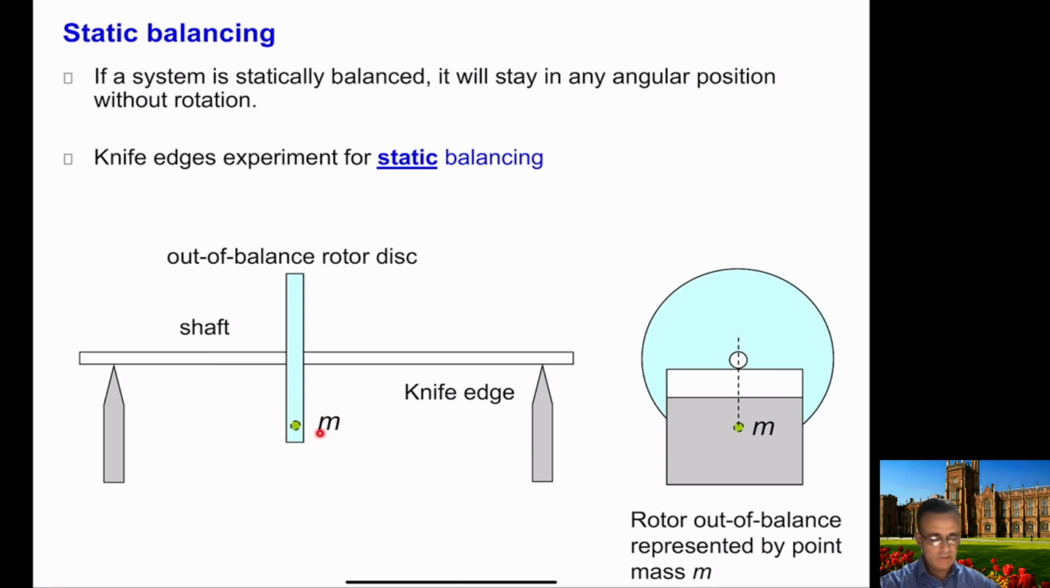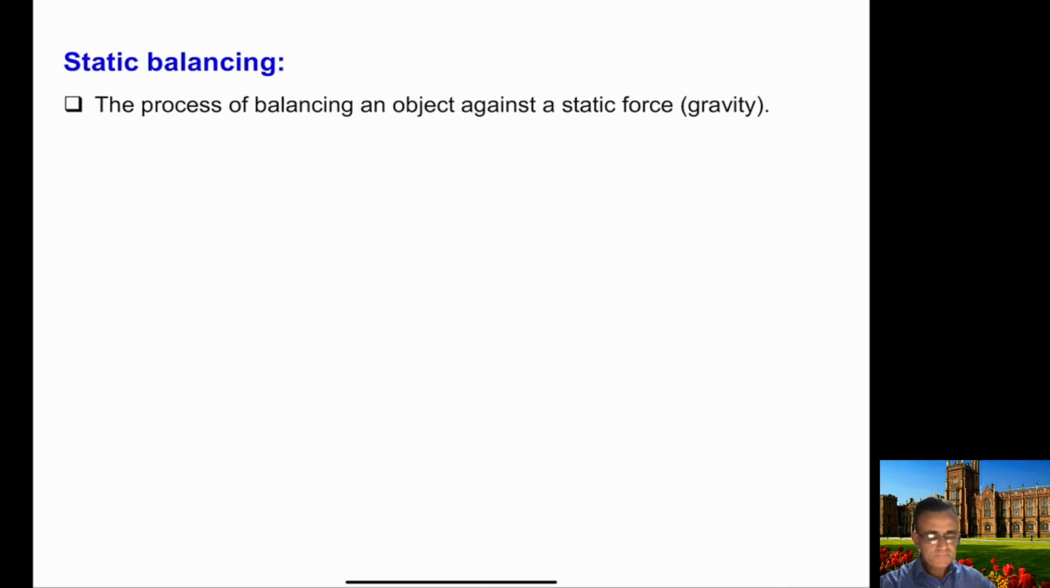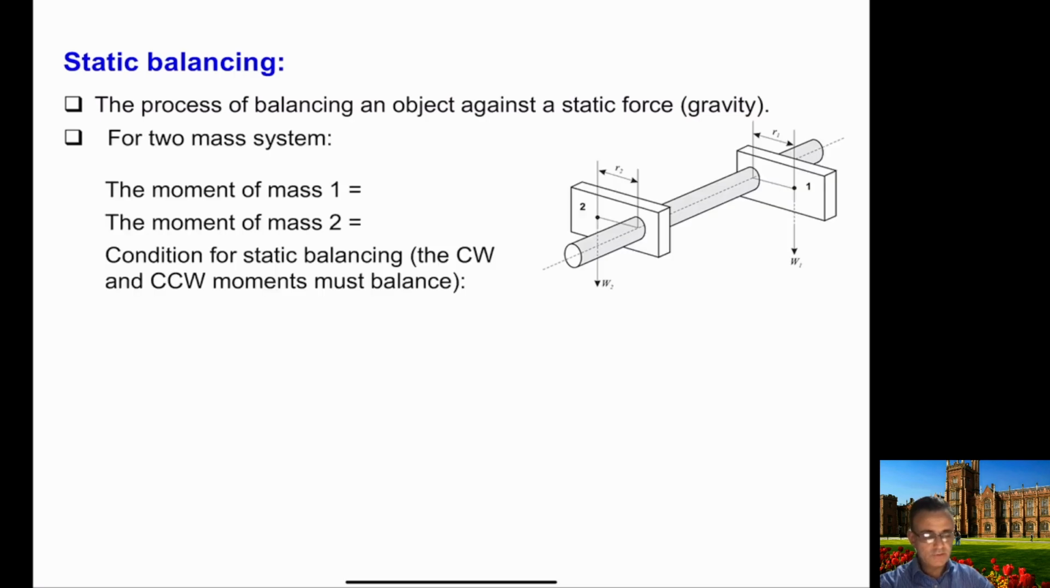If the shaft is balanced, then we will be able to satisfy this condition, that the system will stay in any angular position without rotation. Okay, so the process of balancing of an object against a static force is what we call static balancing. And the static force is mainly the gravitational force. So if you consider